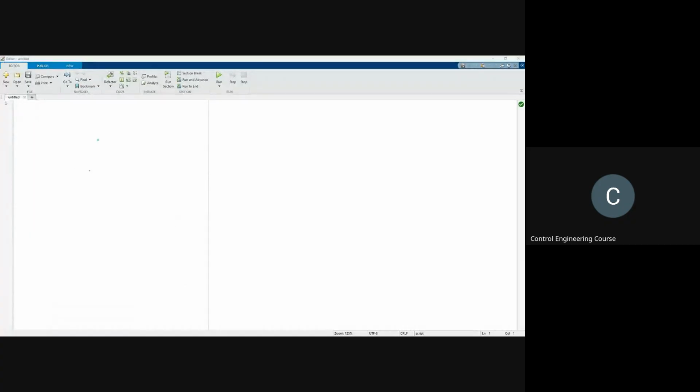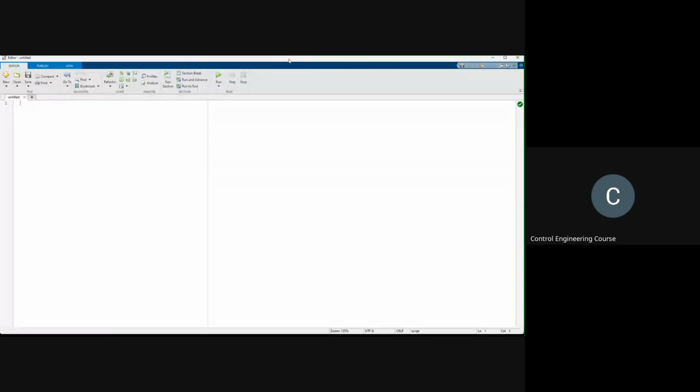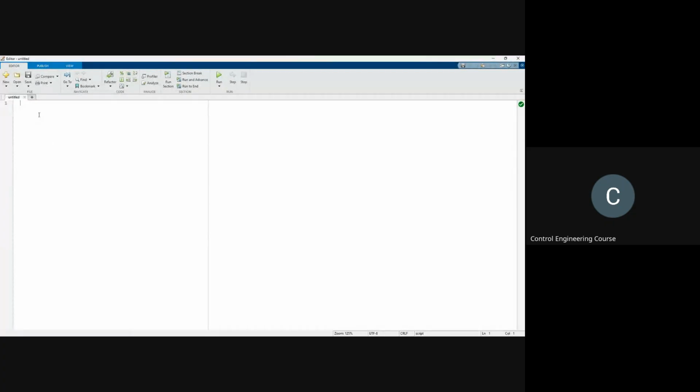Okay, now I'm going to write the transfer function. We are going to take the same example so that we can visualize how we have calculated it. The transfer function is K by s into (s